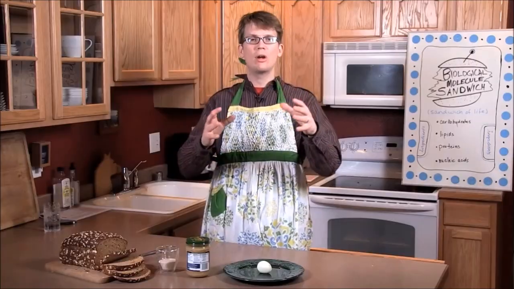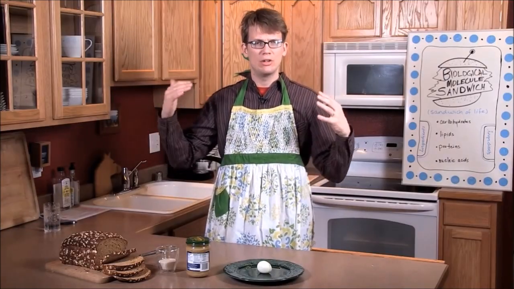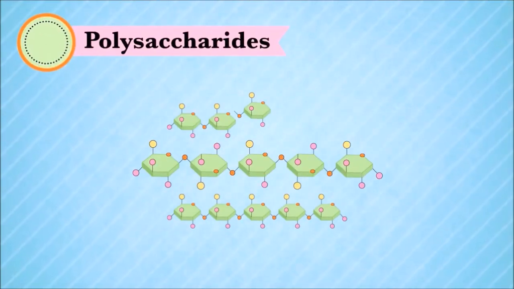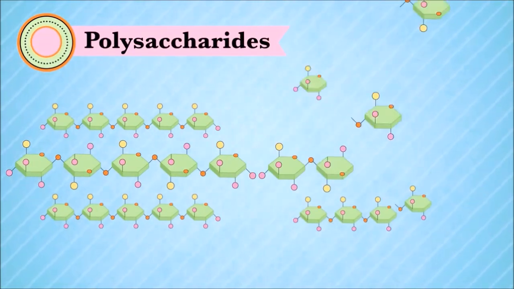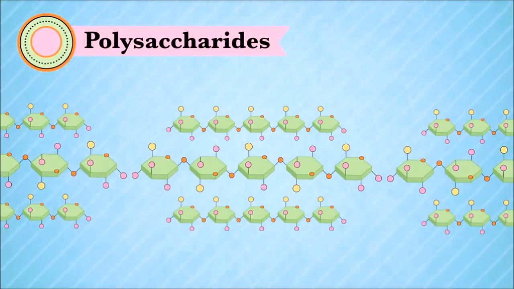But when these carbohydrates start to form into longer and longer chains, their function and their roles change as well. Instead of being sources for instant energy, they become storehouses of energy or structural compounds. These are polysaccharides. Instead of being just two or three monosaccharides put together, polysaccharides can contain thousands of simple sugar units. And because they're so big and burly, they're great for building with.